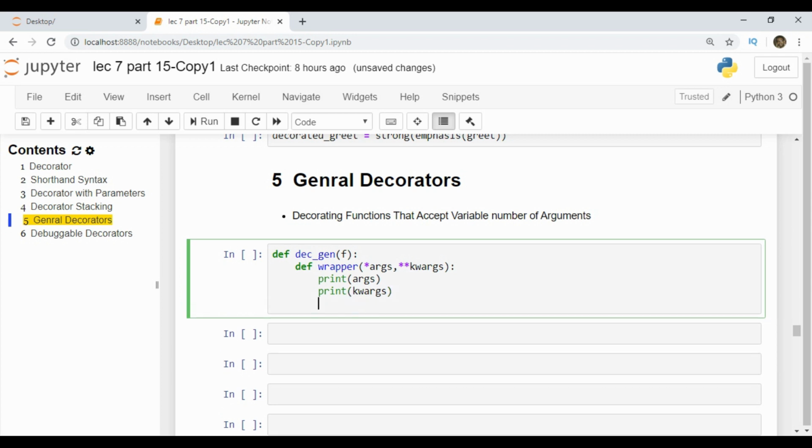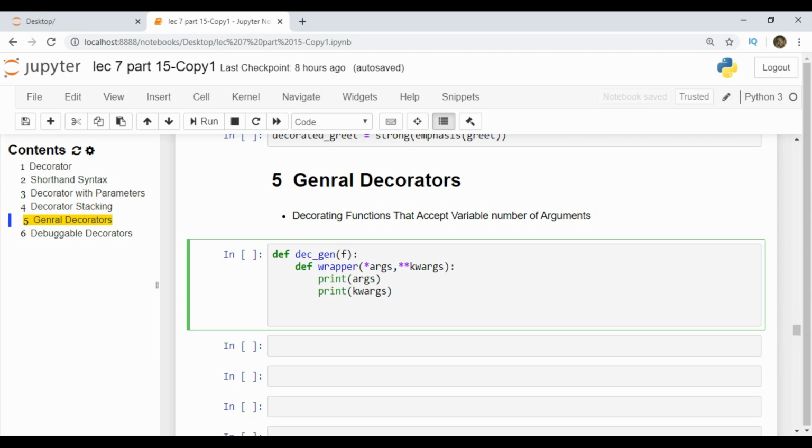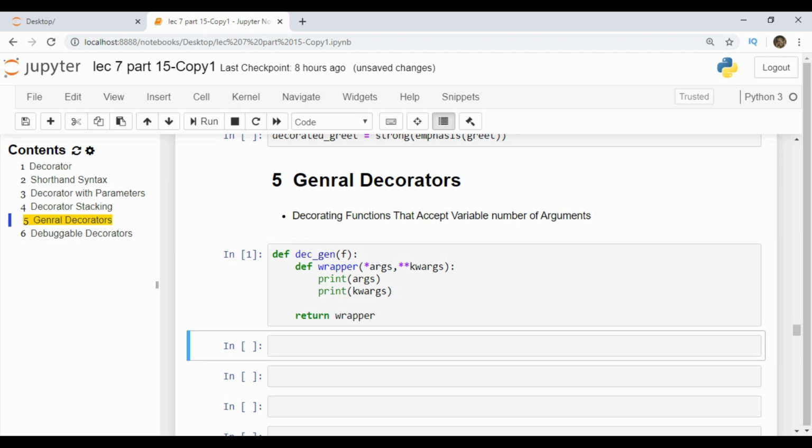After the wrapper functionality is defined, we are returning from the generalized function. We have to return a function which is the wrapper function, which modifies the functionality of f. It should be preceded by a return statement. So we have defined our generalized function. Now we have to run this decorator on functions.